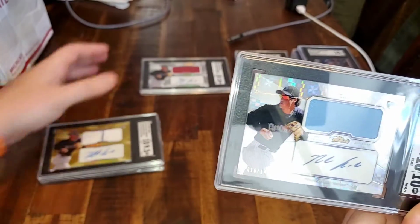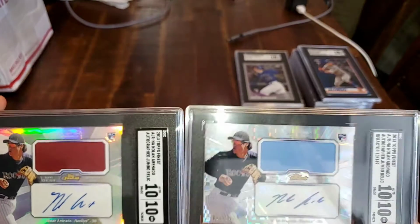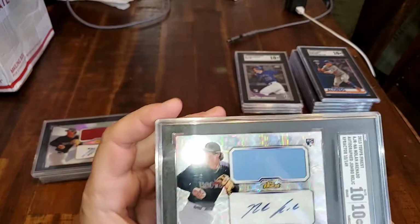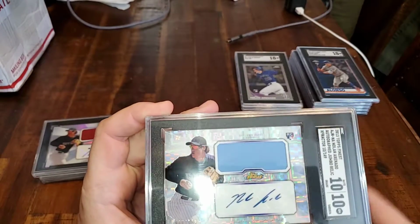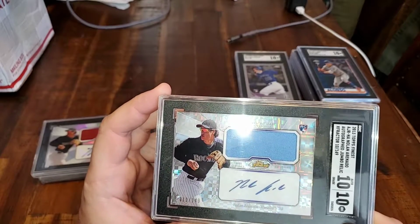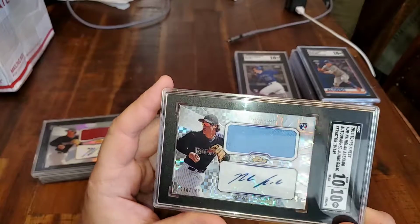I'm not too sure when the Rockies wear baby blue, so I'm not really too big of a fan of the colors, but yeah, I'm not too sure, man. It's all good, I guess. Maybe it's like an all-star thing. I'm not really too sure. I don't think that he would have been an all-star in his rookie year, so I really don't